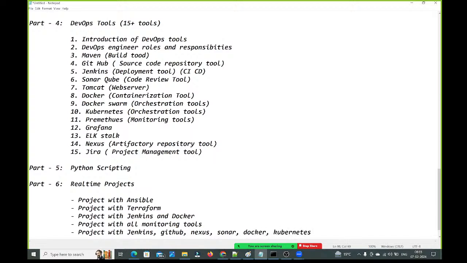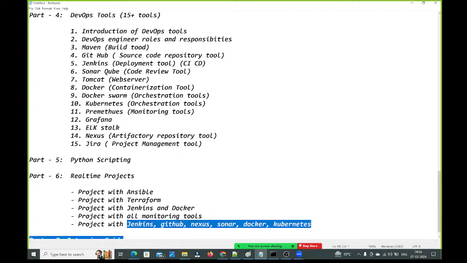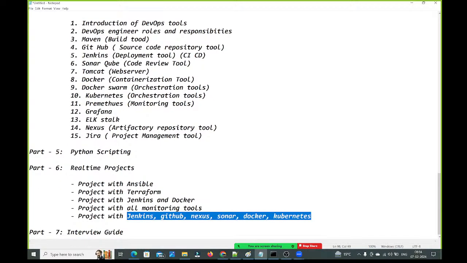By integrating all these things, we will do one project, guys.